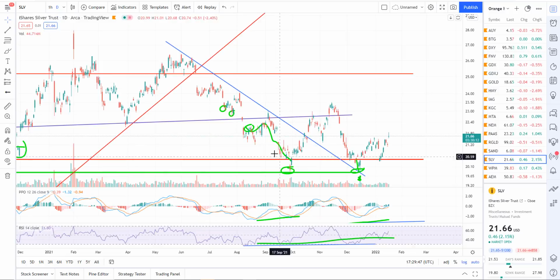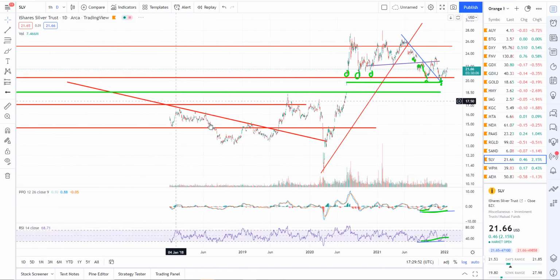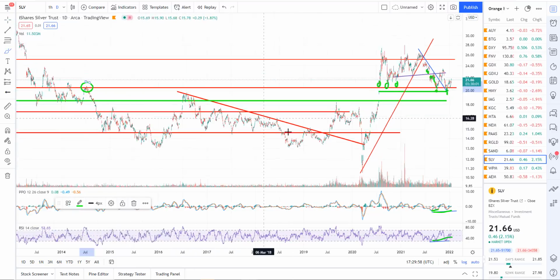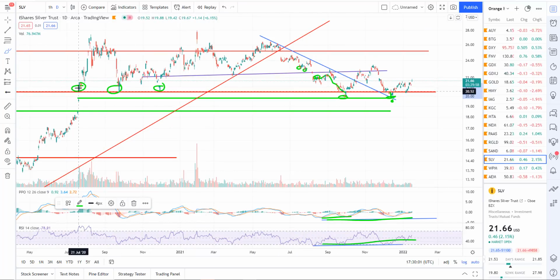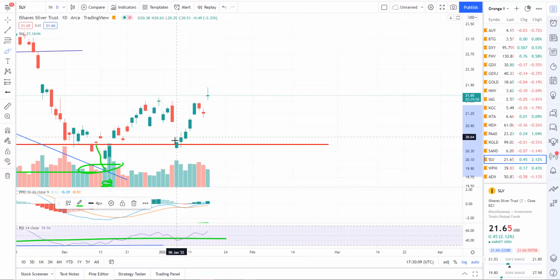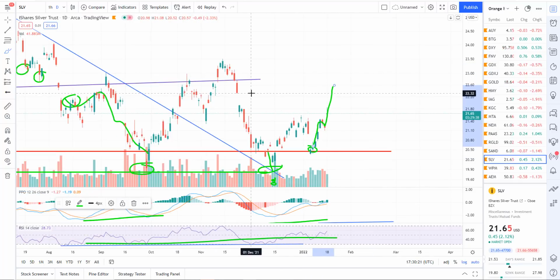Silver's kind of interesting. Here's SLV. So you can see silver, we had some support, pretty good support right here at about 20.46. And you can see that that level was former resistance. And then as we broke above, recently we gapped up, and then it was support right there. Little false breakdown, and it recovered, and then another false breakdown, and it recovered, and then recently we traded right down to that support level, and we bounced right off of it, and looks like we've got a continuation to the upside like that. So probably go for this gap fill up to about 22.30